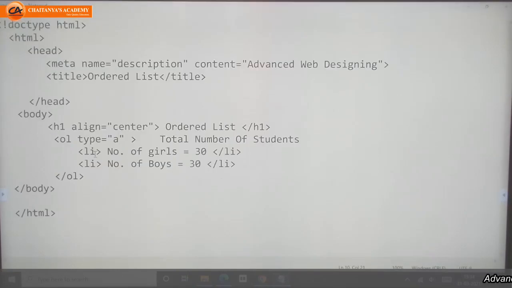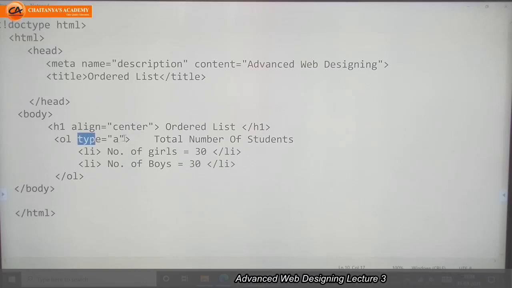So the type attribute is used to specify the numbering type. You can have a numeric list, an alphabetically numbered list, or a Roman number list. Whatever you want, you can choose by using the type attribute.